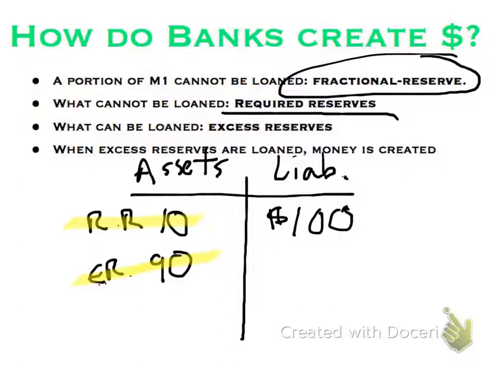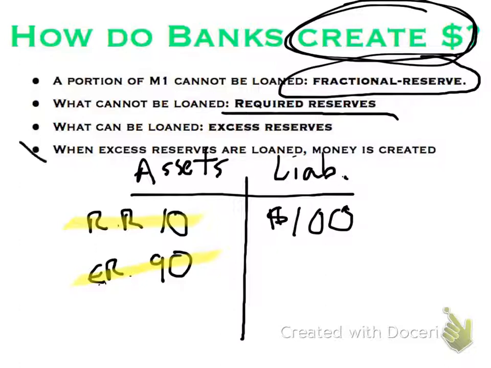So banks create money, and I'll emphasize this up here at the top. We can circle this. Banks create money, and this is a distinction to make between a bank and a mint. A mint prints money or stamps money. A bank actually creates it because every time they make a loan with excess reserves, money is created. Let's highlight that there. Every time a loan is made, money is created.